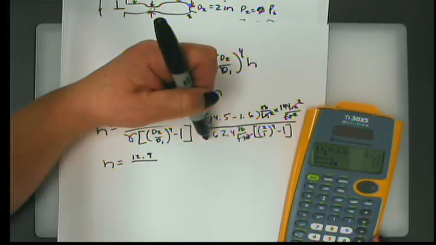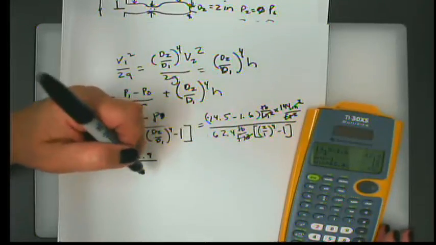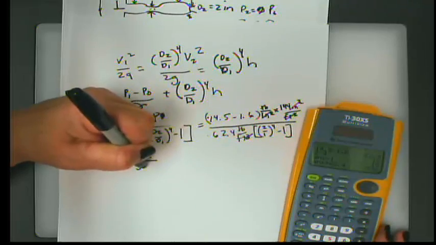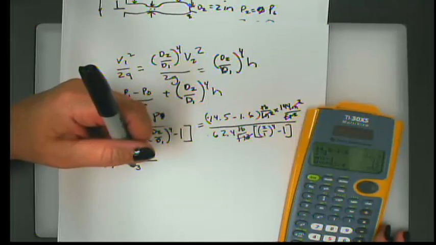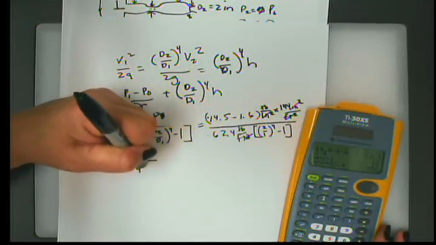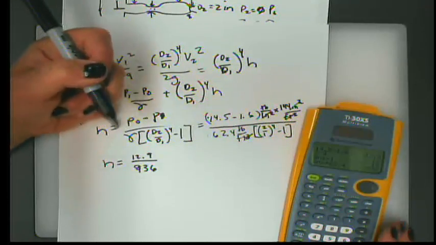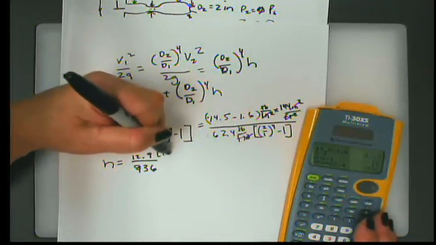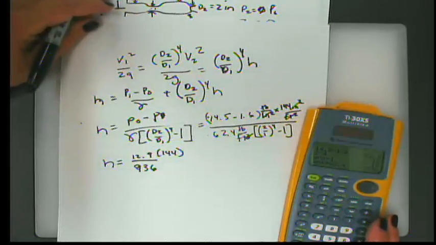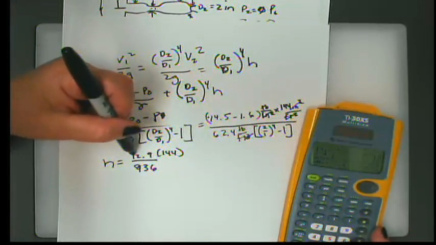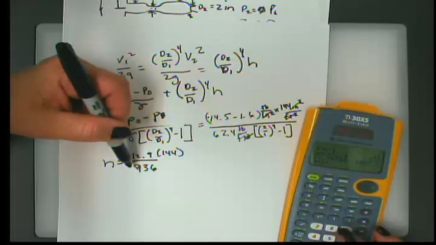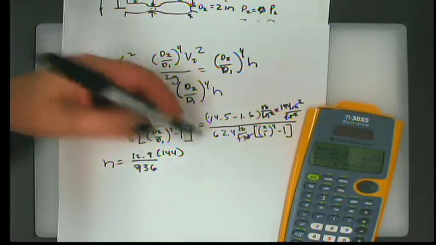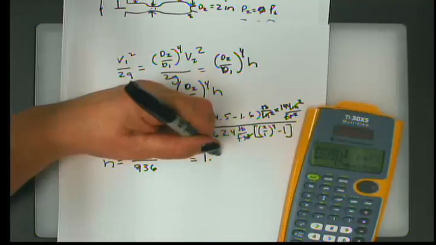Multiply that by 62.4, and that value is 936. Okay, and then this one's multiplied by 144 because of that conversion factor. So I get 12.9 times 144, divide that by 936, and I get a height of 1.985